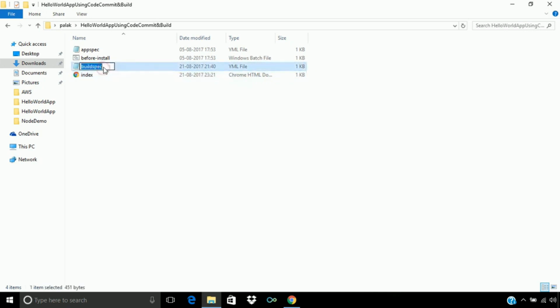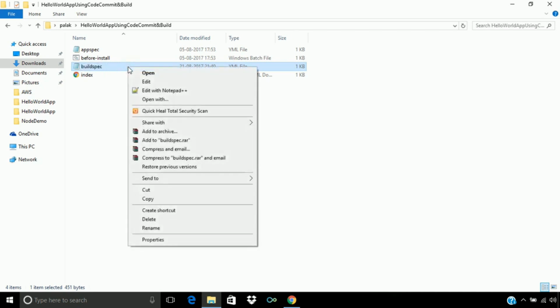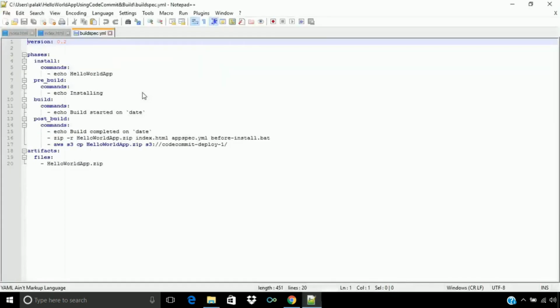Now the buildspec file, which we have already seen, will be used while working with code build. So let's understand that. Here in the install, pre-build and build phases, we have just echoed simple messages.